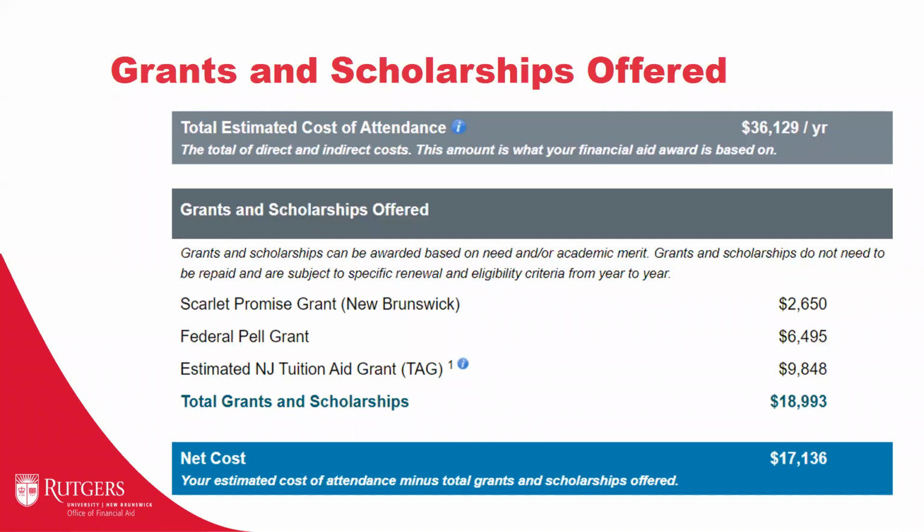Also, I just want to point this out, that the number that you will see here initially is for the entire academic year. So on the award letter, to the right side, it's not shown on the screen, but to your right, you will be able to see the breakdown of the awards that you will receive for each semester. However, right now, what is on the screen is an award for the year. So this is not an award for each semester. This is an annual award that we're looking at.